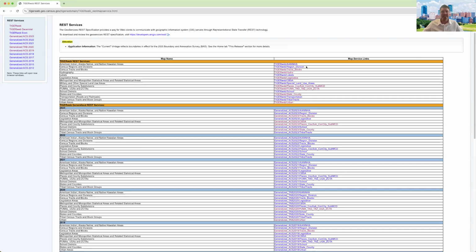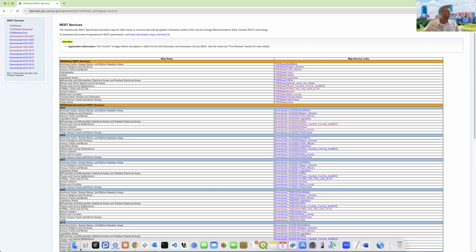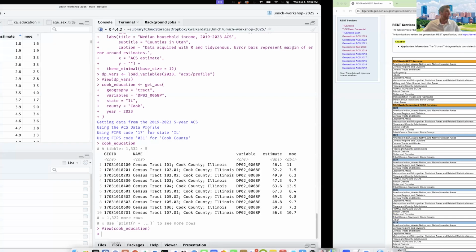The nice thing about tigris and tidycensus is that you don't have to get into the weeds with this stuff, and I would like to try to make this a little bit easier. But if you need any of this geographic data, it's still up and you can grab it with the ArcGIS package. And just to show you briefly how this works, what I want to do is grab,